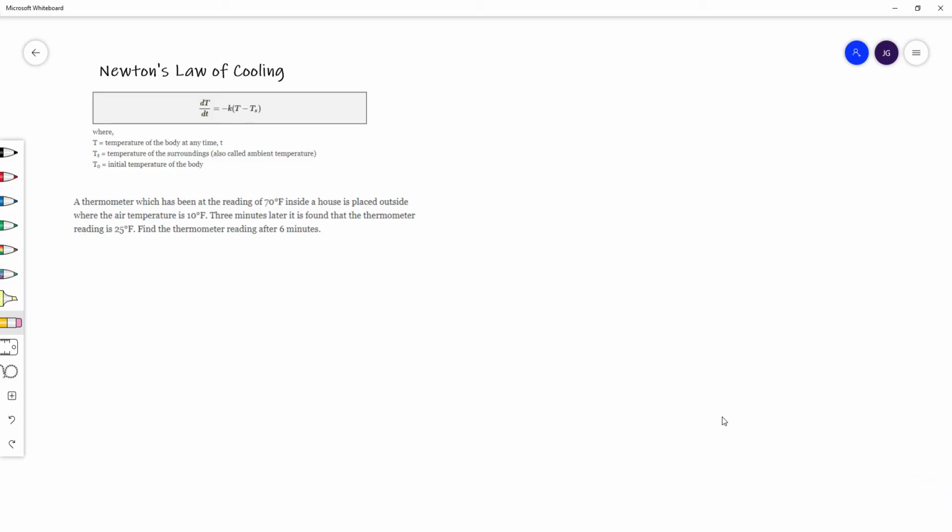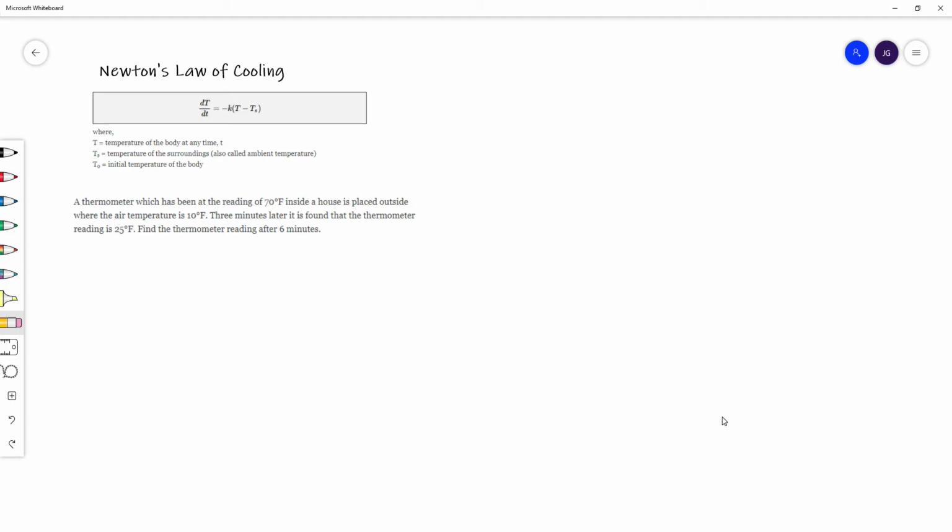So another topic is about Newton's law of cooling. So we have the equation here, which is dT/dt equal to negative k times (T minus Ts), where T is equal to the temperature of the body at any time t, and Ts is the temperature of the surroundings, and it is also called the ambient temperature, and T0 is equal to the initial temperature of the